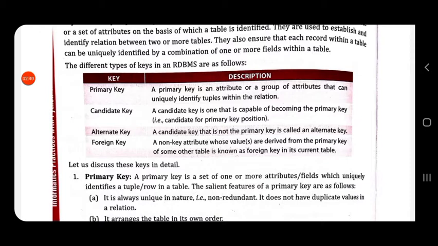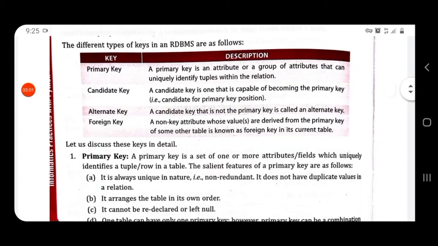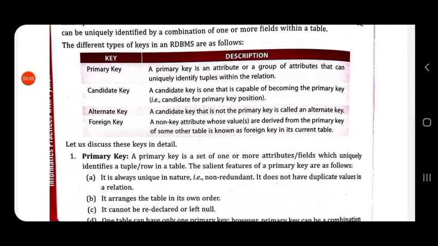All these come under a record. There are particular columns, and in each column there are particular data items, and this collection of data items is called a record. And to identify these records, we use a key.